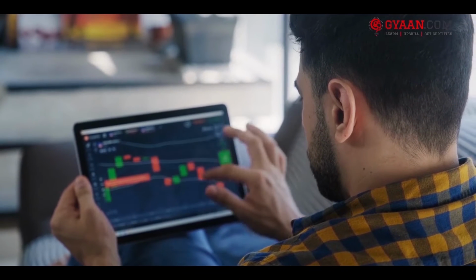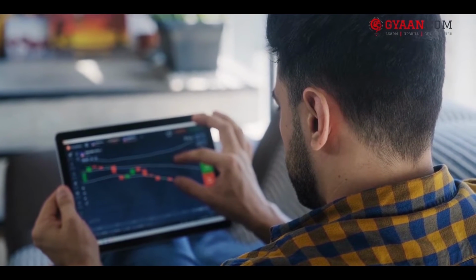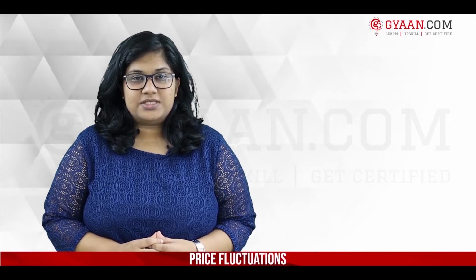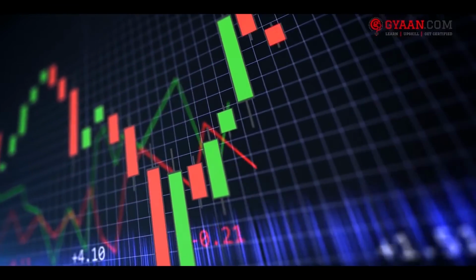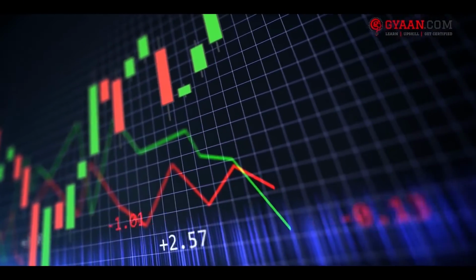But a short-term view is also something we can look at stock markets for, and that is where trading comes into the picture. When we are trading, we are not looking to build long-term wealth, but we are looking to generate a secondary or an alternative or a primary source of income from the price fluctuations of the market. So in trading, what we look at is the price fluctuations, which in market terms we call volatility. That is when the prices go up and down, up and down, up and down, which is usually what creates panic amongst common people or people who do not understand the price movements.